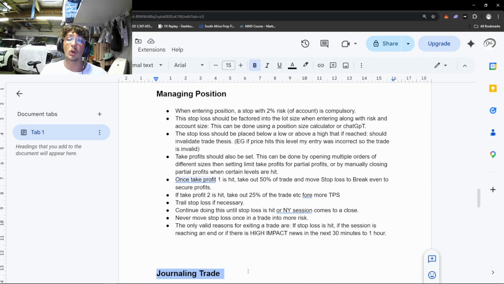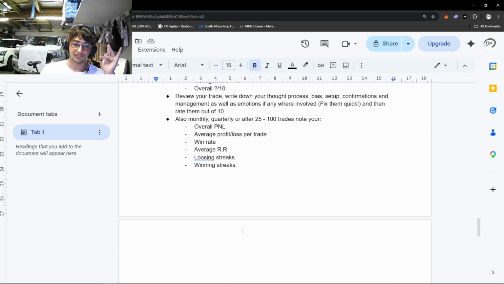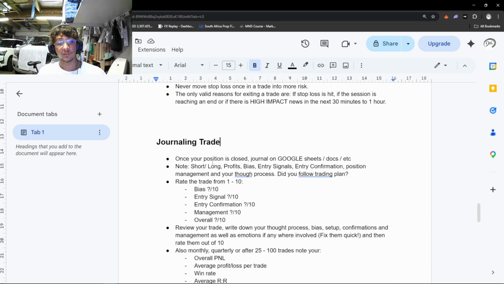Okay, next we have journaling. The trade's not complete once the position is closed; we still have to journal the trade. Once your position is closed, journal on Google Sheets, Google Docs, whatever you want. Note the date, whether it was a short or a long, your profits, your bias, your entry signals, your entry confirmation, your position management, and your thought process,